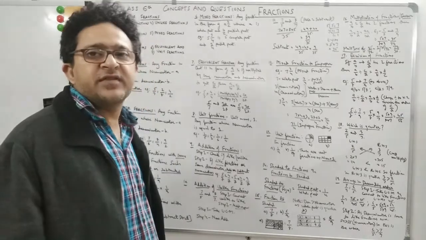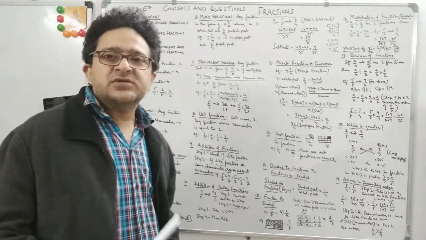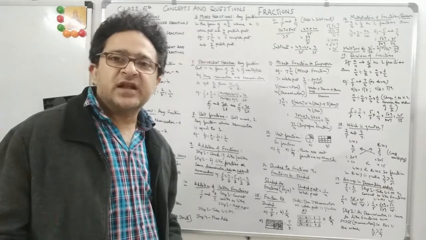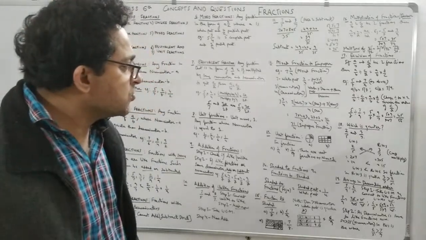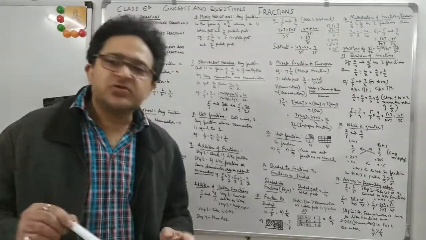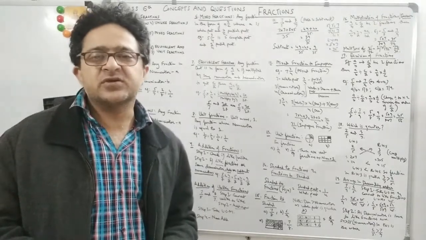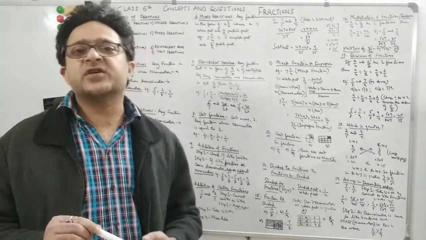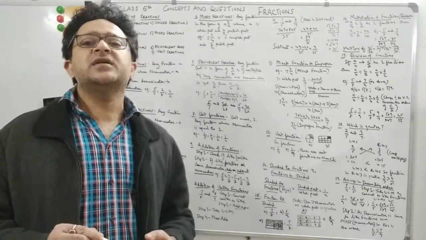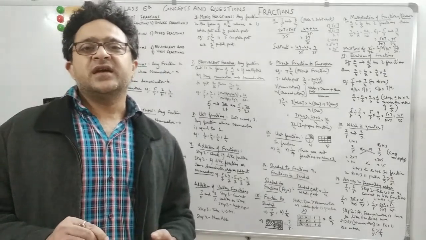So descending order is like from top to low. Suppose 10, 9, 8, 7, 6, 5, 4, this is descending. So what happens here? First and foremost, these questions will be given to you as unlike fractions, because in case it's an unlike fraction, then you have to convert to a like fraction, and only then can you decide whether it is in ascending or descending.